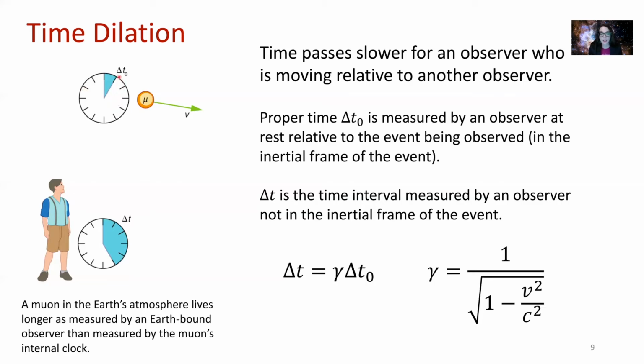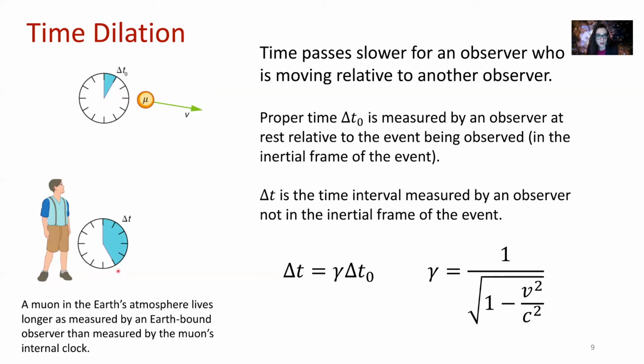We're going to call that delta t sub naught. Now let's say that this muon, according to its clock, its watch, moving with it, has a lifetime of 1 hour. And then we have this person over here who is stationary on the Earth. They're not moving. They're in a different reference frame compared to the muon. This person will see the lifetime of that muon be equal to gamma times the proper time, or the lifetime of the muon as measured from the muon's frame of reference.